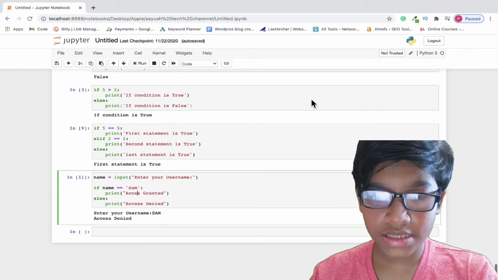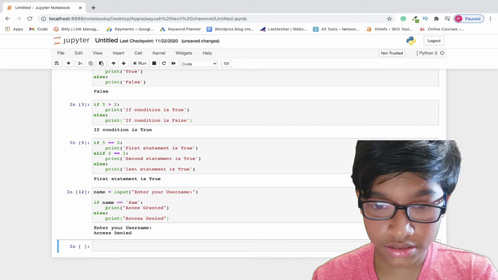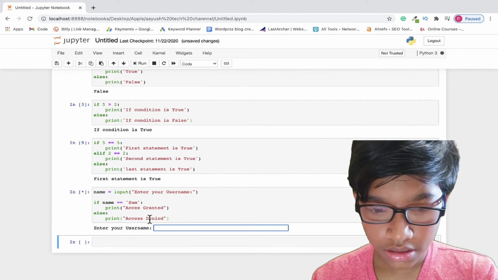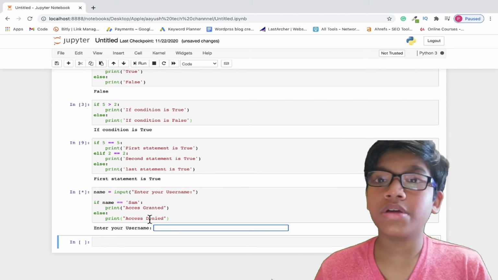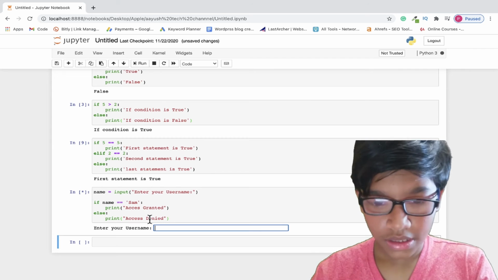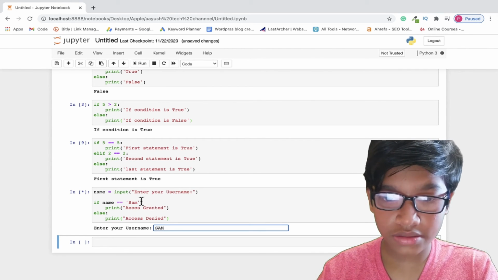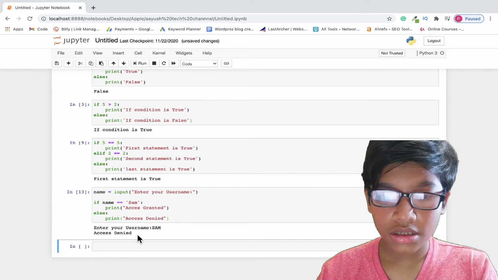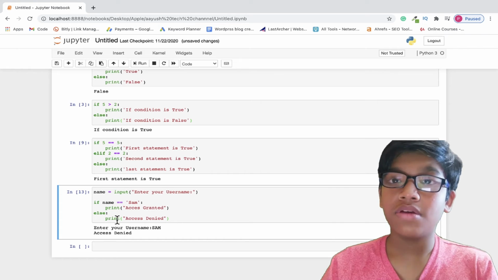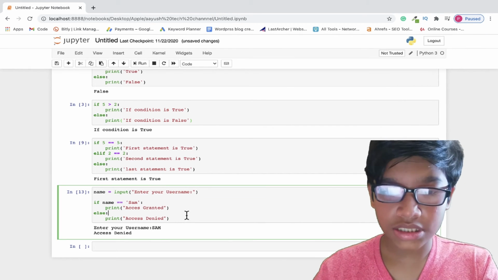Okay, let's take an example here itself. In our last case, when I run this code, our code must be user friendly. Here you can see Sam, which is not entered in our code. Let's run it. You are going to see access denied, but in our code it should be written that he must be comfortable in any way. If he adds his name, it should give the access.